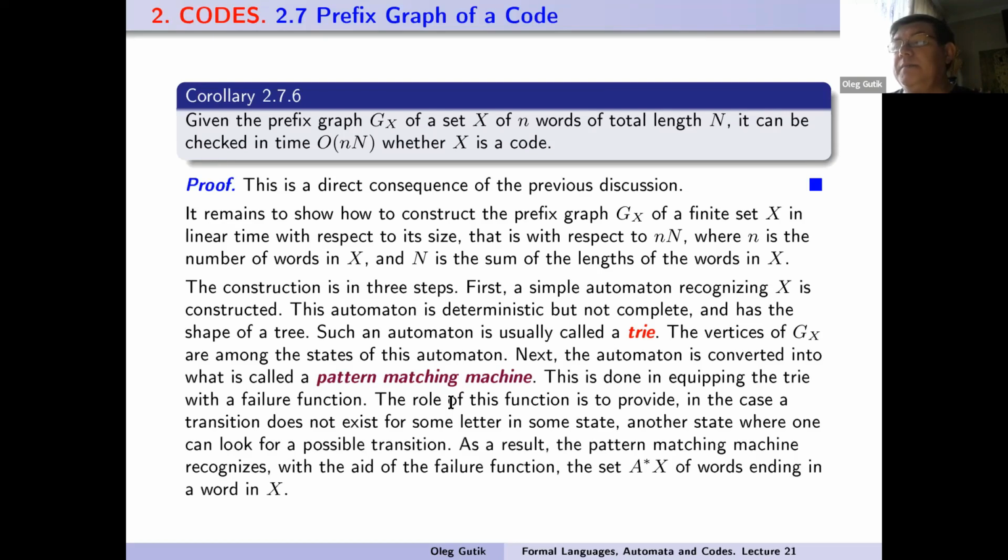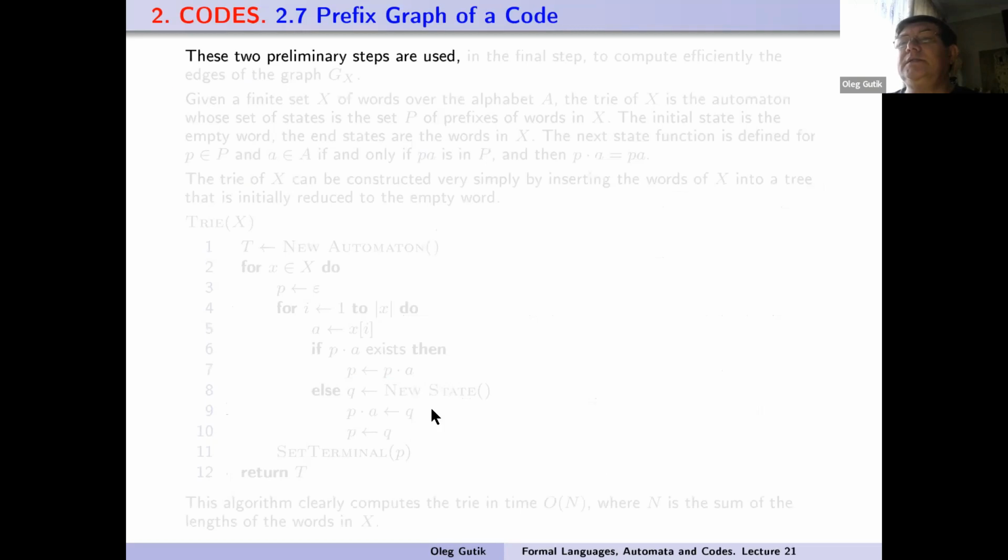As a result, the pattern matching machine recognizes, with the aid of the failure function, the set A*X of the words ending in a word in X. These two preliminary steps are used